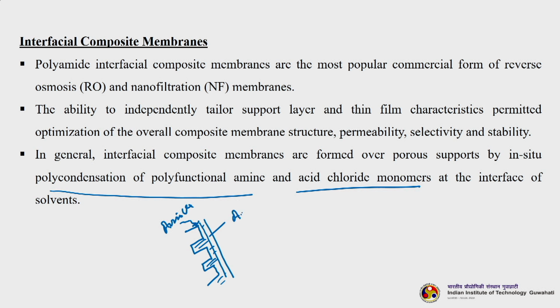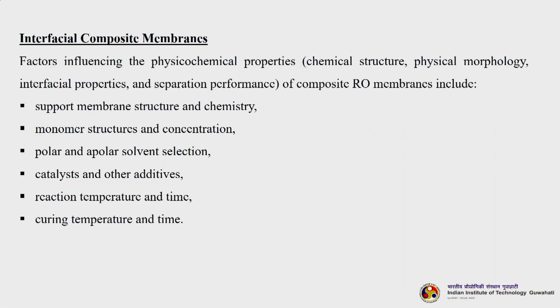and this is your acid chloride. Once it comes into contact with that, your cross linking or polymerization begins. So, what you will achieve is something like this: a very thin film, a very thin layer of film will come on the surface. We discussed this in detail in interfacial polymerization. It is very important to know this process because most of the commercial membranes are being prepared this way nowadays, and you can prepare it in the lab scale also.